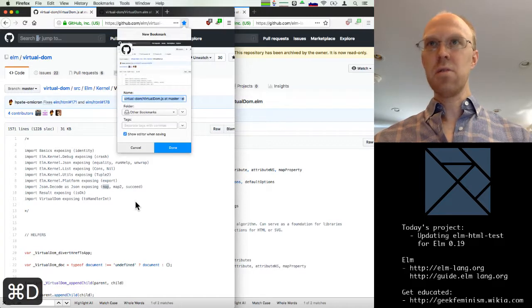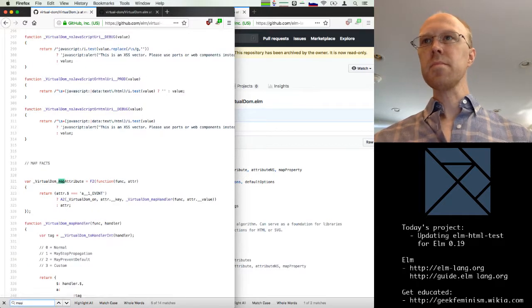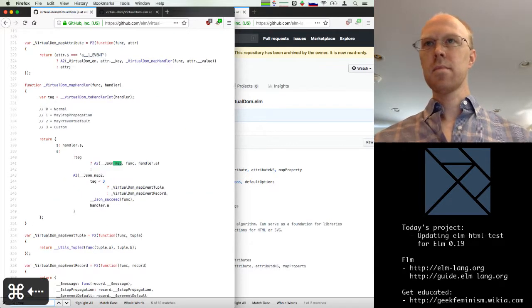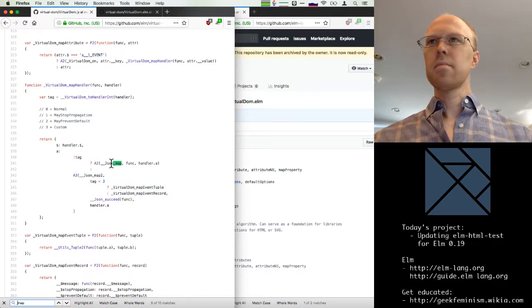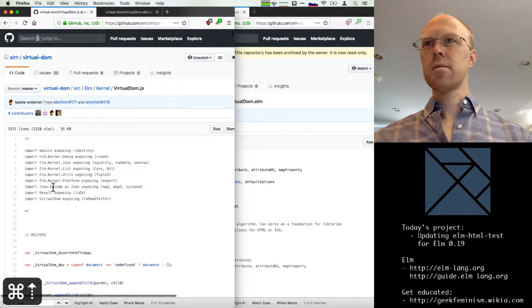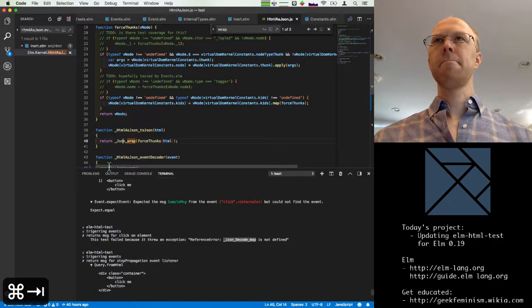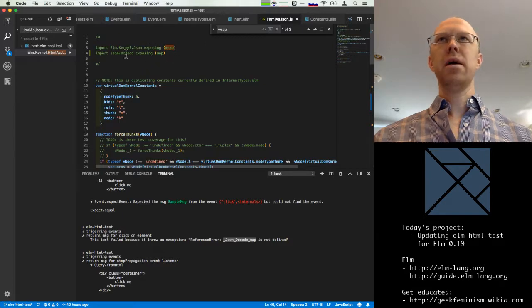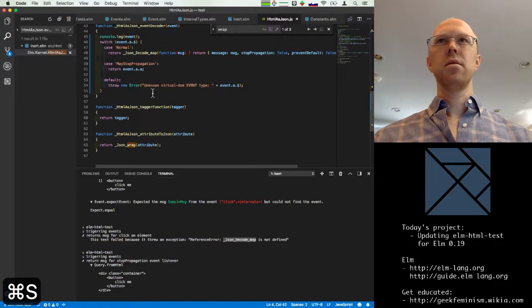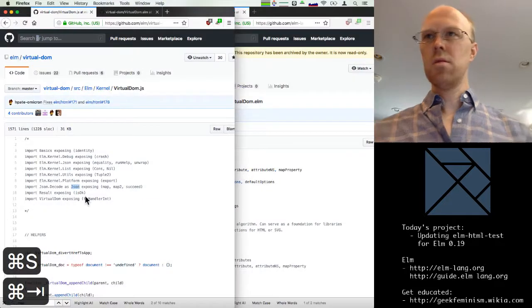So let's see how this code is calling map. It's just calling underscore JSON map. Oh, as JSON. Okay. I guess let's follow the same pattern. As JSON exposing map, then we will call underscore JSON underscore map.